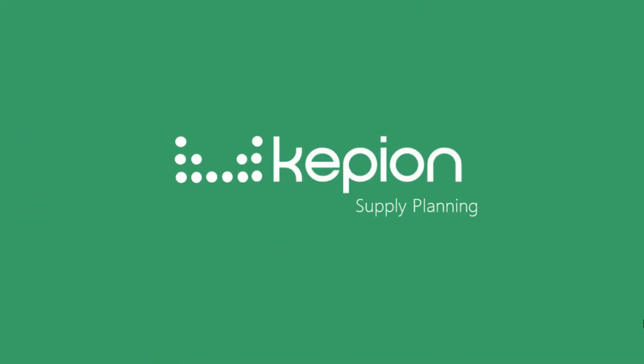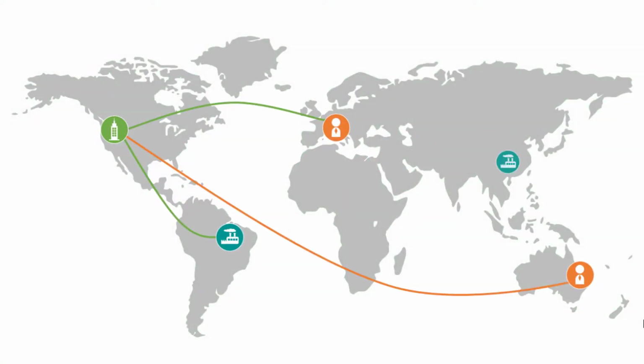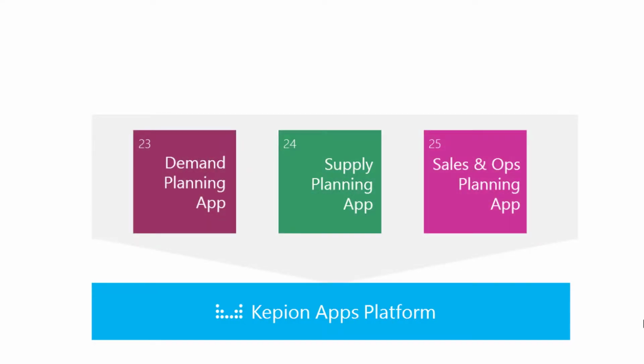Supply planning often focuses on inventory and capacity constraints and ensures these two elements can support the demand plan. This can be challenging with different systems and processes to determine your direction forward. Kepion provides a single platform for you to access all supply information and modify supply plans in an intuitive and